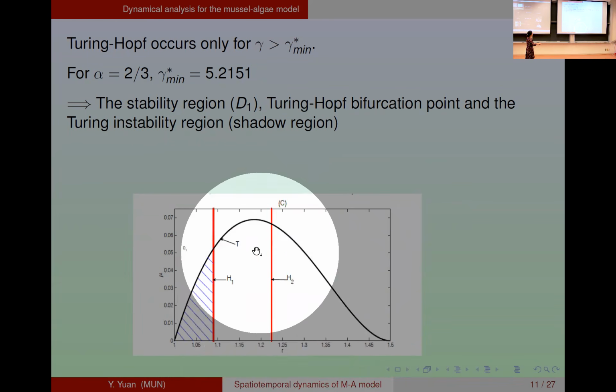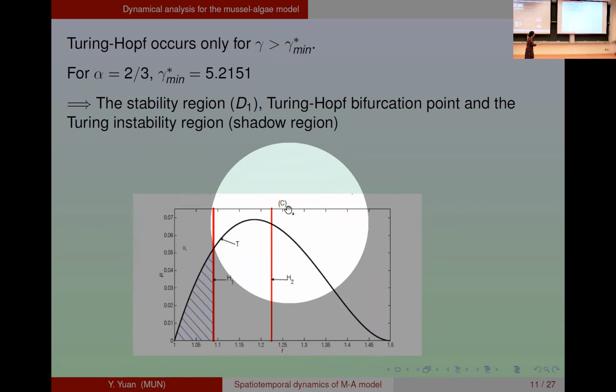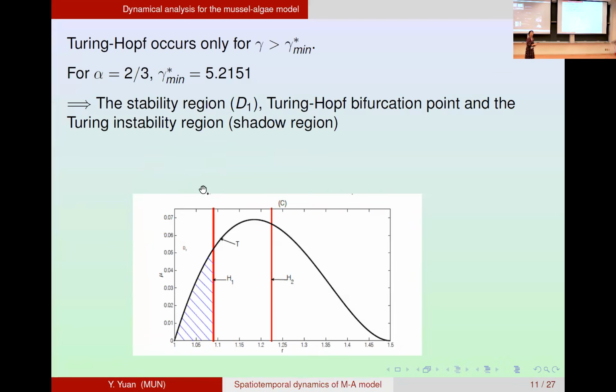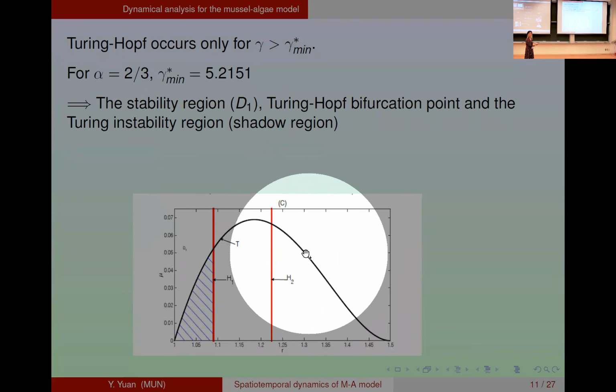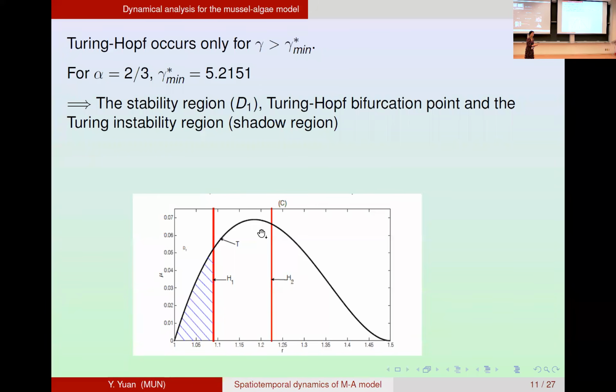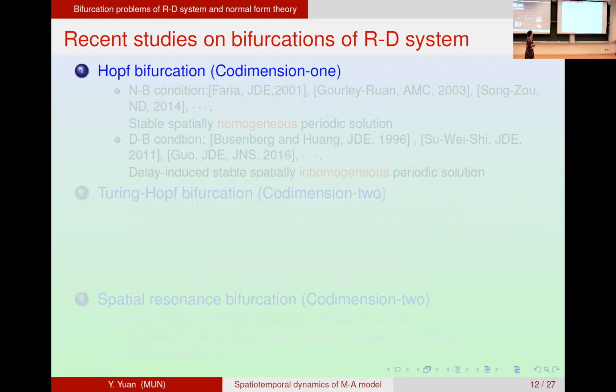Okay, so we can see the intersection point of this is a Turing-Hopf bifurcation if the transversality condition holds, right? So what kind of dynamical behavior does it have near this point? In that way, we have to find its normal form on its center manifold, right? Before we go through the details, we'll do a quick review of the recent